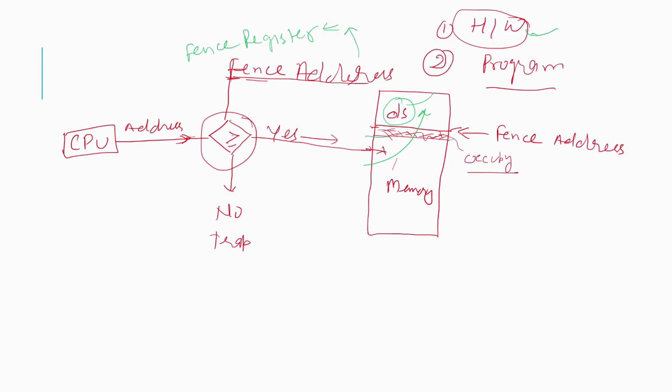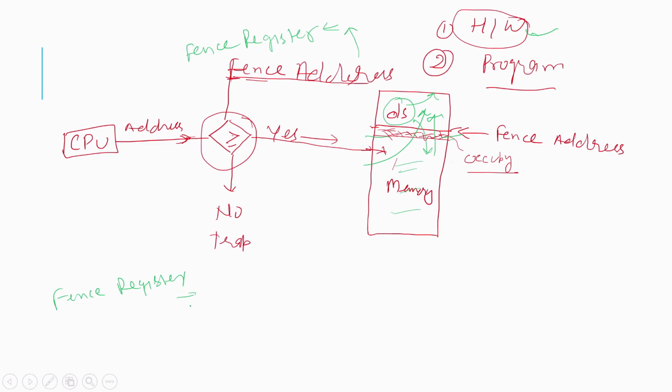The operating system is also a mechanism, an interface, a system software which manages all the resources. So the operating system program can come here, because it has to monitor everything, but the user program should not move here. So for that we are doing this fencing by hardware and software ways. If you see the fence register, what we see here is that it will first store the fence address.